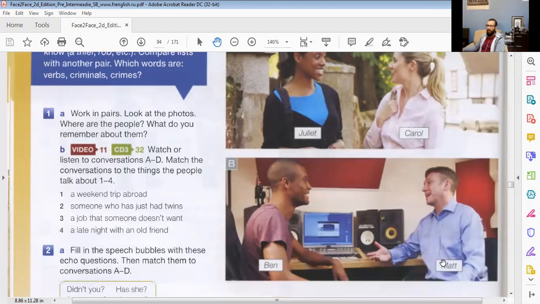B. Morning. Hi, Ben. How's everything going? Yeah, fine, thanks. Is everything okay? Yeah, I'm fine. Just a bit tired, that's all. I didn't go to bed until 3 a.m. Didn't you? Why not? An old friend turned up yesterday evening and we stayed up late talking. Who's the friend? His name's Vince.